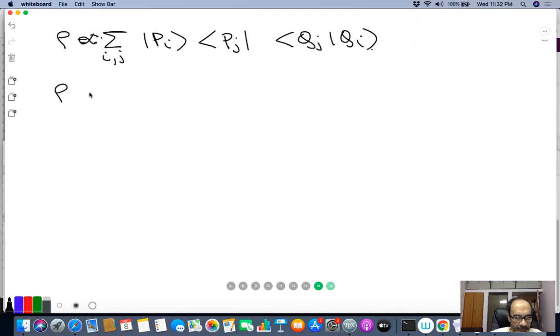And this inequality, S of rho, this is saturated